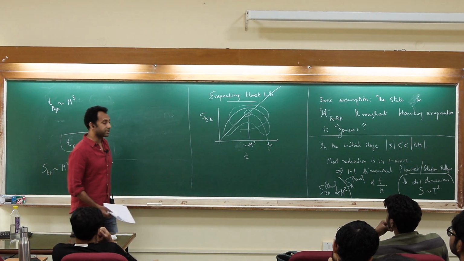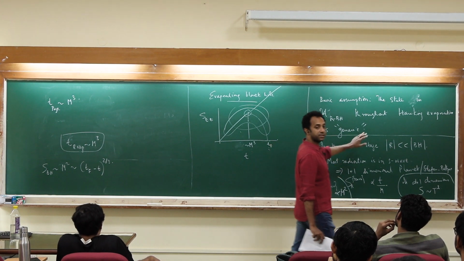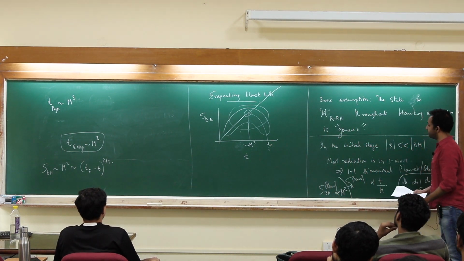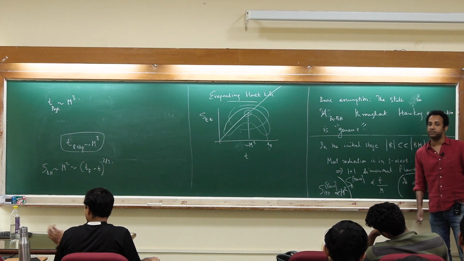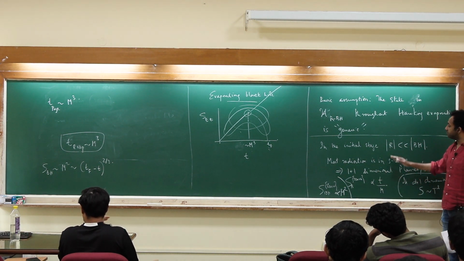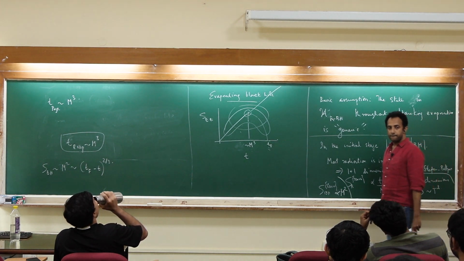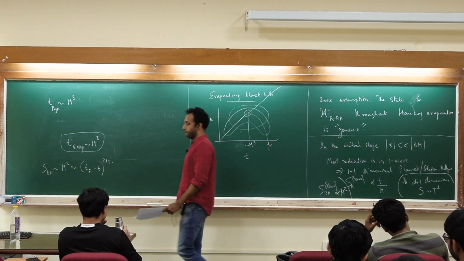Here we are assuming it is pure state all along. Yes, that's where unitarity is going in. So we are assuming unitarity here, and then Page's theorem guarantees certain things, and this formula for entropy is where semi-classical physics goes in, and that's it. Yeah. When you assume unitarity, you assume